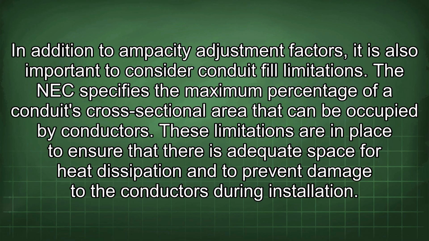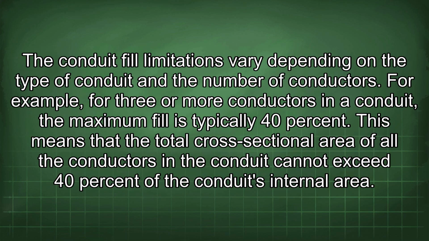In addition to ampacity adjustment factors, it is also important to consider conduit fill limitations. The NEC specifies the maximum percentage of a conduit's cross-sectional area that can be occupied by conductors. These limitations are in place to ensure that there is adequate space for heat dissipation and to prevent damage to the conductors during installation. The conduit fill limitations vary depending on the type of conduit and the number of conductors. For example, for 3 or more conductors in a conduit, the maximum fill is typically 40%. This means that the total cross-sectional area of all the conductors in the conduit cannot exceed 40% of the conduit's